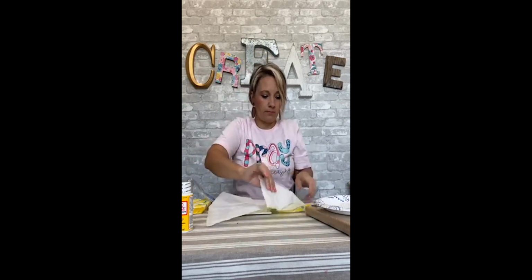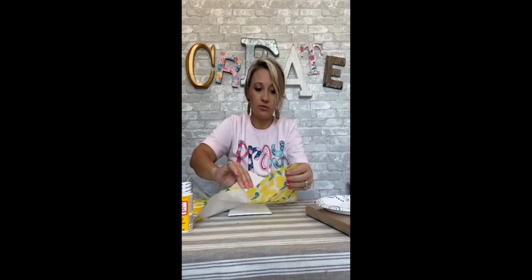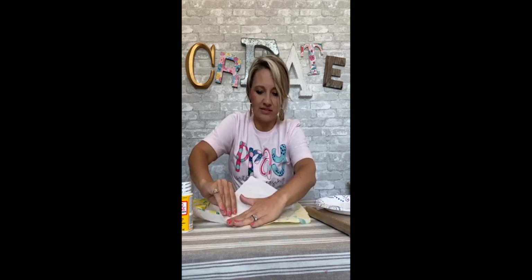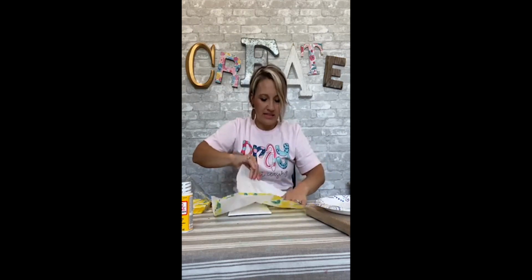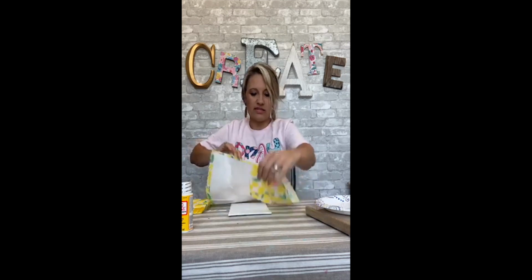So I'm pulling this layer of the napkin off. It is a little tricky on some napkins to find the layer to pull. But once you do, it comes off easy. I'm trying not to go real fast because I don't want to tear a hole in it. It won't be as easy once I get past the design of the lemons. See, now that I've got that part pulled off, I can be a little...